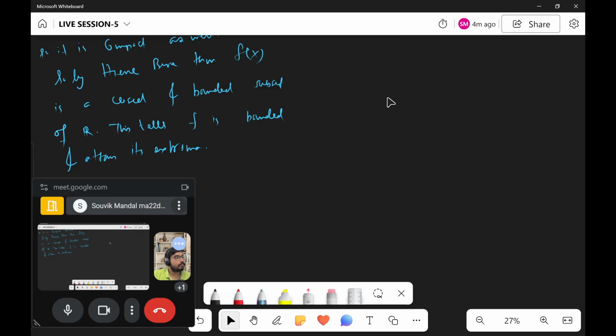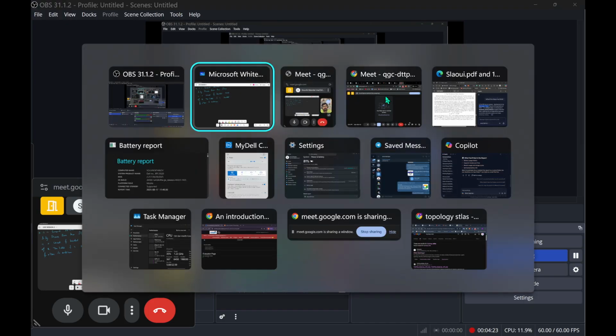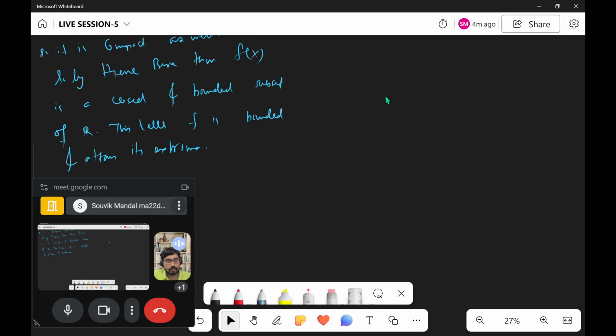Okay. So that is the argument. So that is the full thing. Since f(X) is a countably compact metric space, it is compact as well. So now we can invoke the Heine-Borel theorem, which is a closed bounded subset of R. Since it is a closed bounded subset of R, it is compact, so it is nothing but the closed interval [a, b]. So that is, f attains its extrema, okay. So that is the argument. I hope it's clear to everybody.